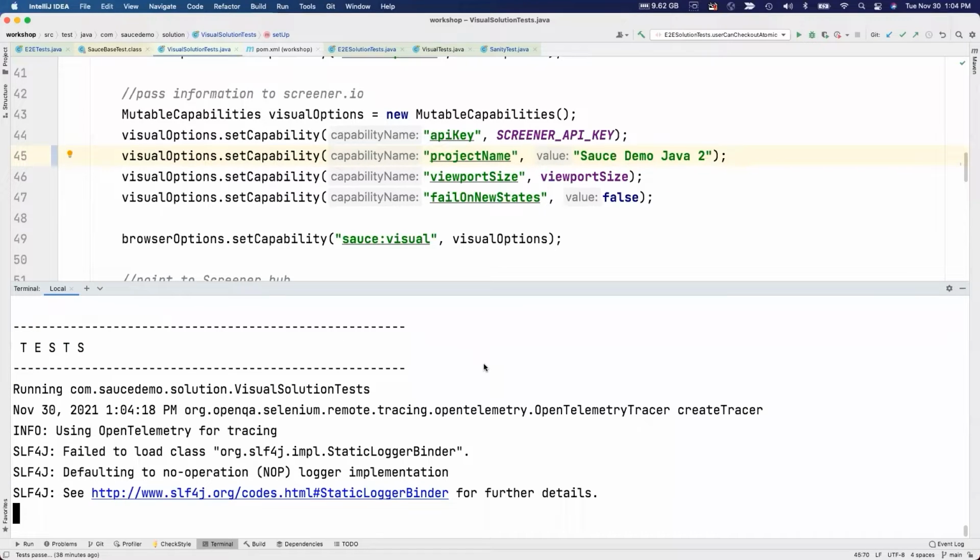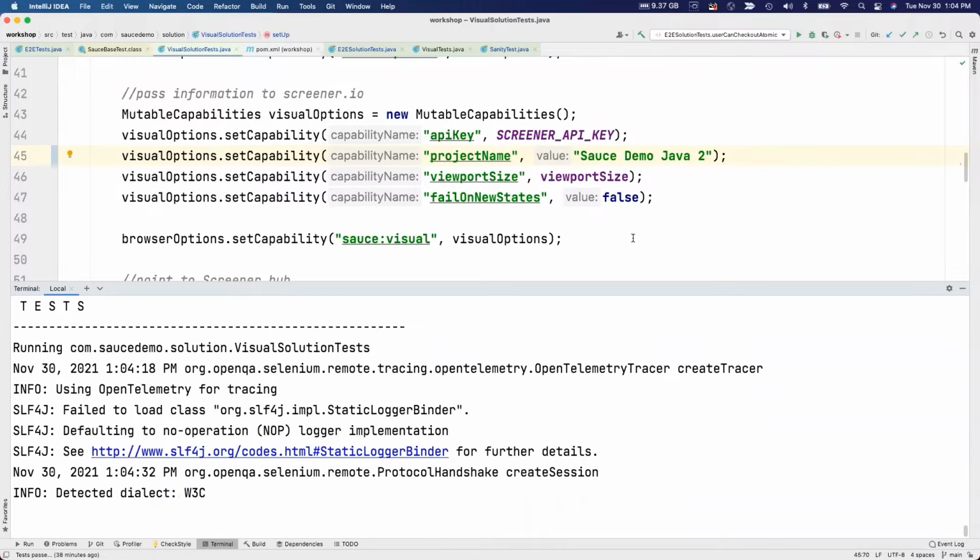So every snapshot starts in a new state because once a snapshot is captured, what the application wants to know is, is this acceptable to us? That's the one manual portion of visual testing that always has to happen because no algorithm can know if the application is in a valid state or not. And so